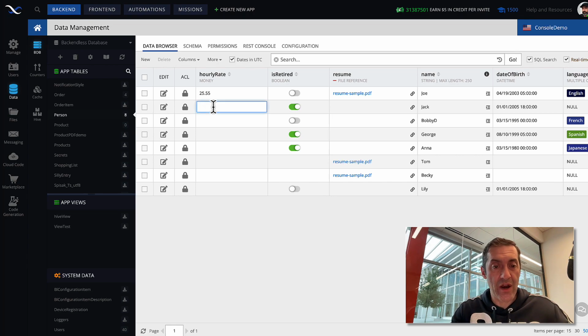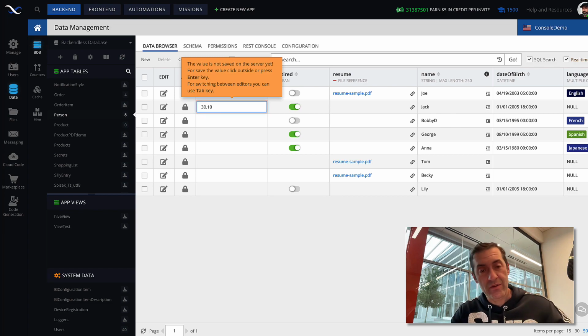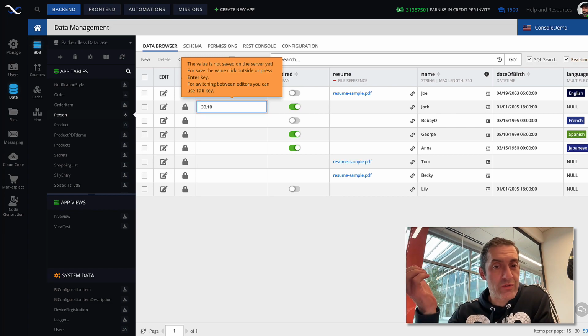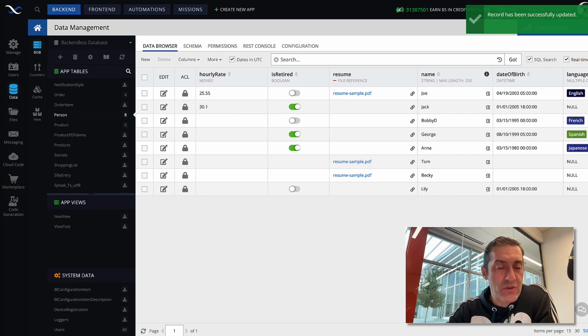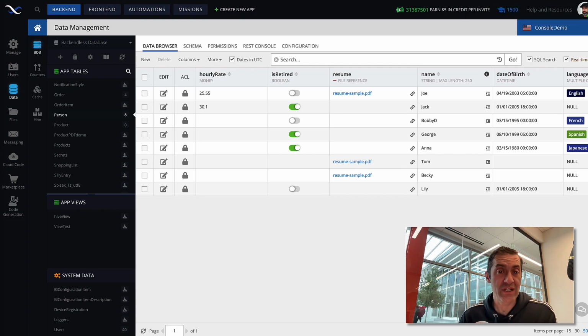However, if let's say the hourly rate is 30.10, okay, well, you would expect that the actual value becomes 30.10. However, that trailing zero goes away, so it's 30.1, which is not desirable when you display these values in the UI. You would still want to display 30.10, and that's exactly what I mean, that some additional formatting may be required, and that formatting is done on the client side, because when you return that value from the API, the actual numeric value is 30.1. It becomes 30.10 strictly from the UI perspective, and that's something to keep in mind.